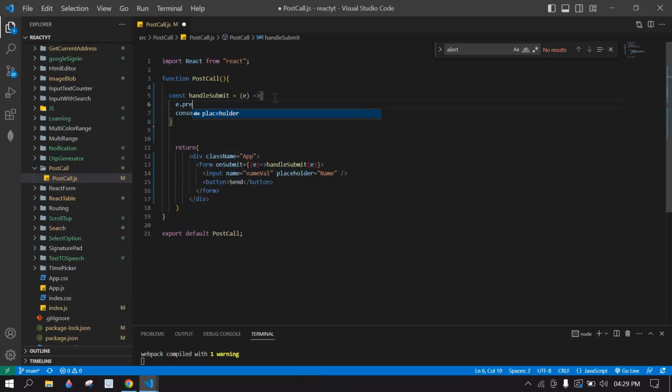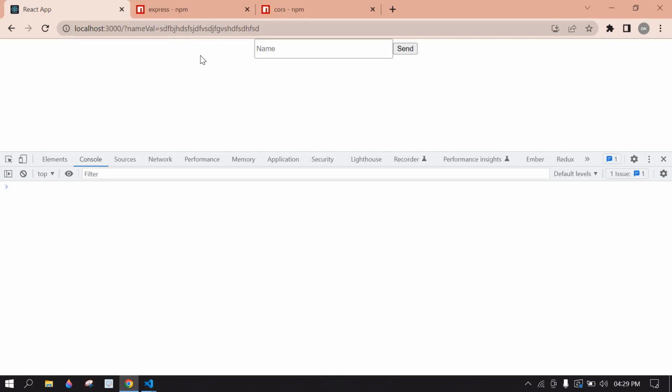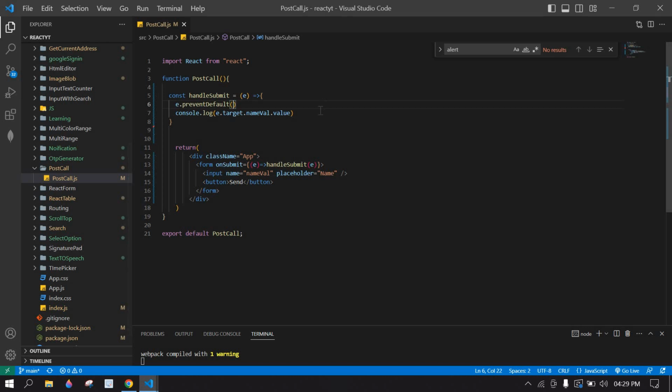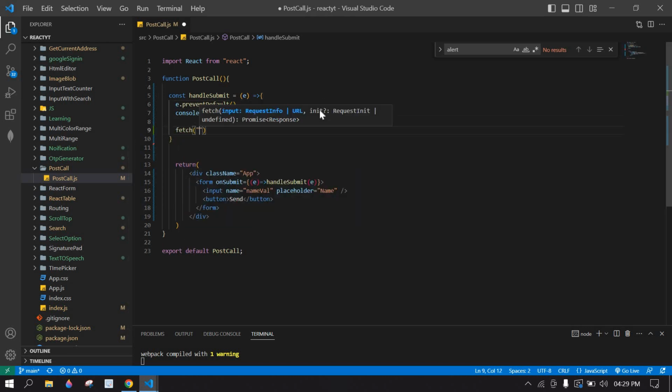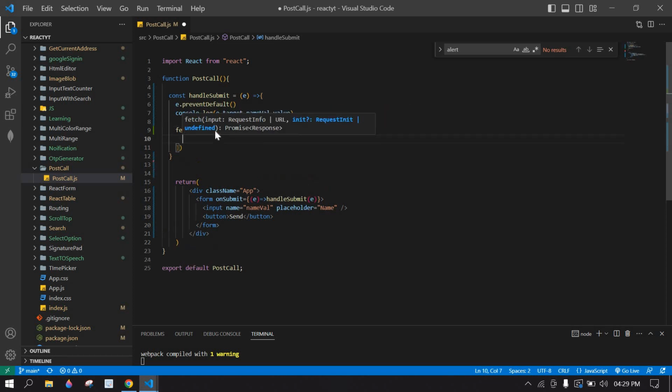So e.preventDefault, save this and go to the browser. Here I type something and click send. Yeah, we have this input value in the console. I'm going to create fetch. After this fetch, this is the URL. I'm going to paste and just give a URL. After we create the POST API call, we will paste that URL here, and after that I'm going to create a